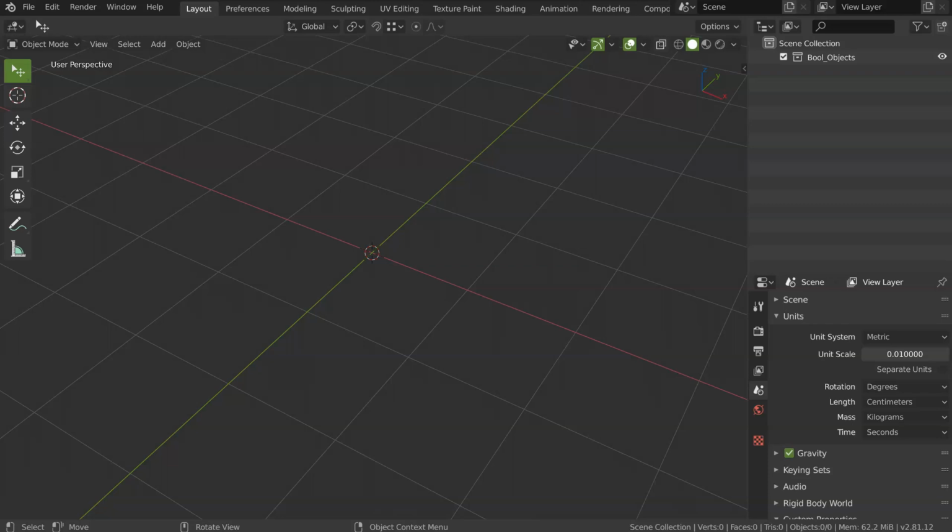You can also make a different version of your asset. You can make a high-def version of the asset with a lot of subdivisions, and you can also make a mid-def and a low-def. You can do whatever you want. So this is pretty nice. But this is not the only workflow.